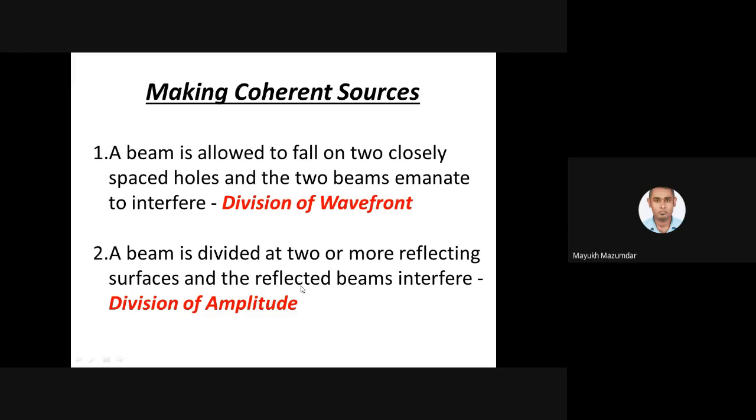Now this thing may not be very much okay with you as far as the intuition is concerned, because we never studied how we can do these things by reflection of light, isn't it? We just know that reflection means when light is falling on a reflecting surface, a good portion of it is returning back to the same surface. Okay, but reflection can also help in interference. So the second process is important in the second part of the chapter.